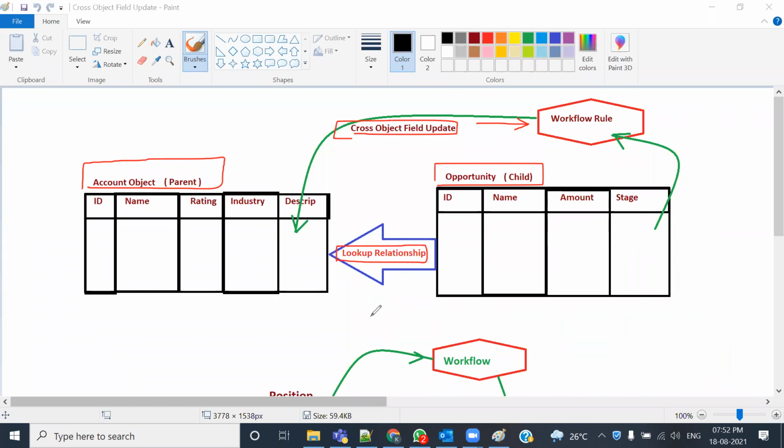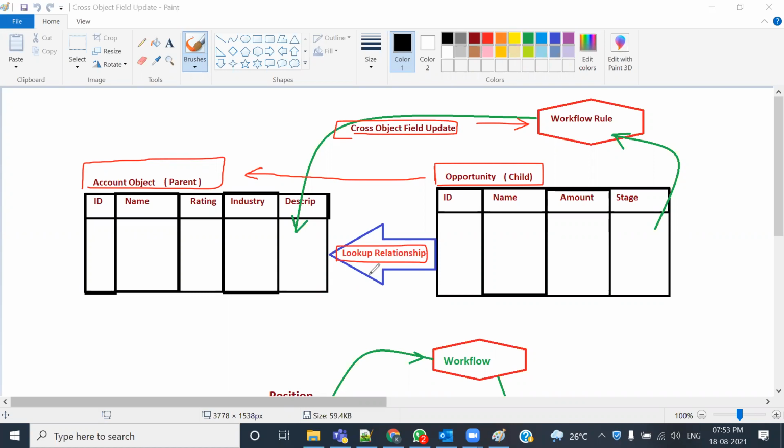तो वैसे तो देखा जाए कि जब क्रॉस ऑब्जेक्ट फील्ड अपडेट एक्शन हम वर्कफ्लोज के साथ परफॉर्म करते हैं, there are two considerations: पहली बात, रिलेशनशिप मस्ट बी मास्टर डिटेल और सेकंड इज डायरेक्शन. तो हम डायरेक्शन चेंज नहीं कर रहे हैं, although we are not changing the direction, we are making this update action from child to parent. That means we are firing the workflow on the child and then we are updating the field inside the parent. So actually we are not changing the direction, but the relationship type doesn't match. Still Salesforce allows us to do this. तो ये एक पॉइंट आज आपने ऐड करना है आप सभी लोगों ने वहां पे।